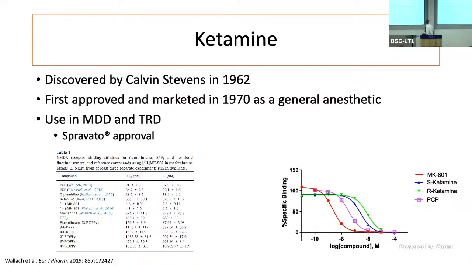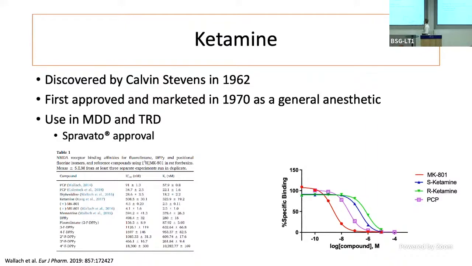Ketamine, of course, is racemic, as you know, and there's a right and left-handed form, an R and S form. The S is about 4 times more potent at inhibiting NMDA receptors, but R also inhibits NMDA receptors. And one of the sort of iconoclast things I want to point out is there's a lot of literature coming out showing the difference between R and S ketamine these days.